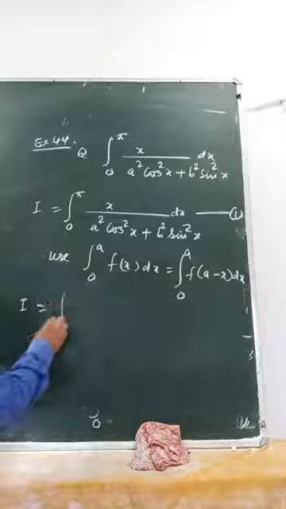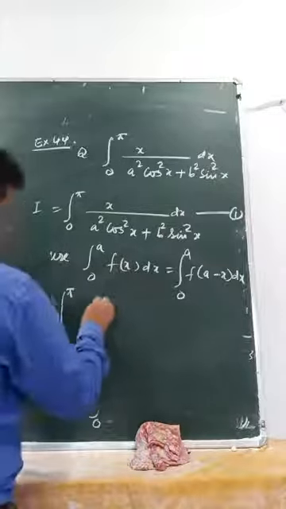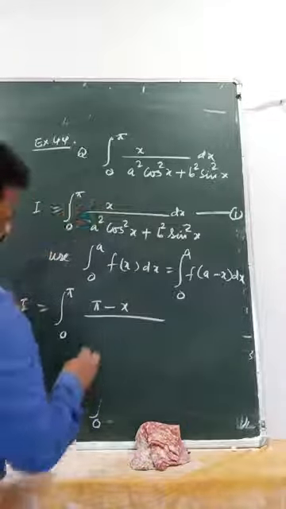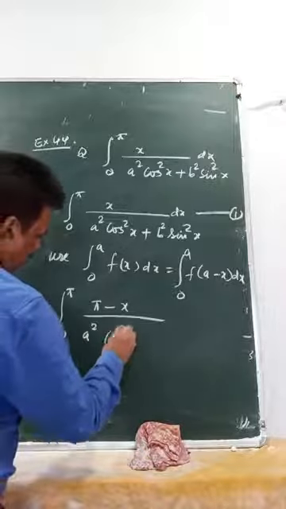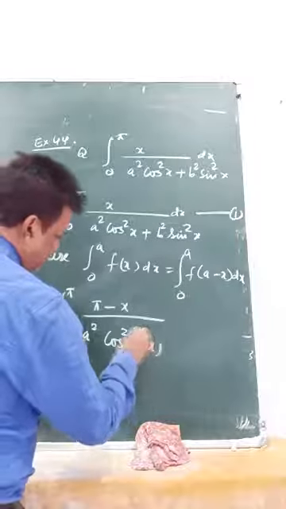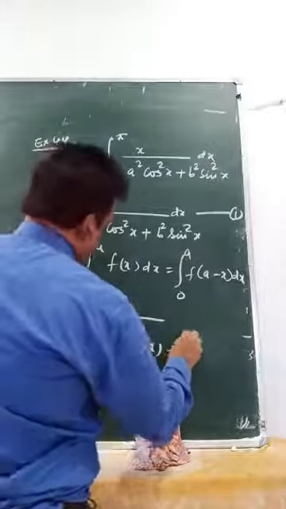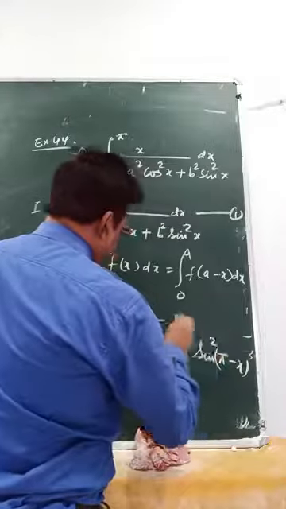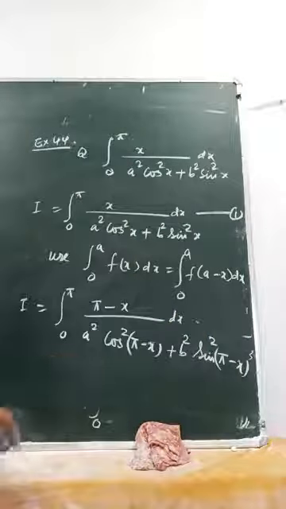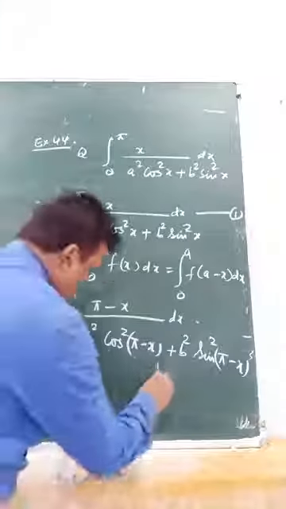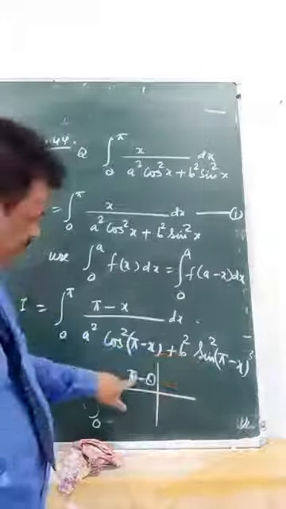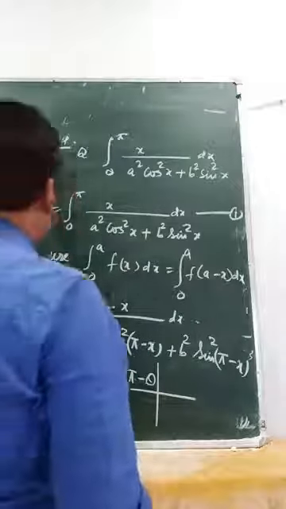So I equals 0 to pi. This is pi minus x. Pi minus x, because a minus x, a square cos square pi minus x plus b square sin square pi minus x. Okay. Now what is second quadrant? Pi minus theta. Second quadrant is sin positive but cos is negative. So we can write